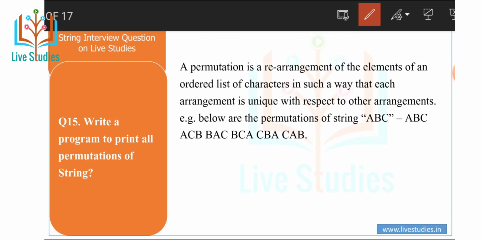Then for all permutations, Set<String> permutationSet is equal to new HashSet<String>. And if the string is equal to null or string.length is equal to 0, permutationSet.add, otherwise, the first character is char init is equal to string.charAt(0). The full string without the first character is string rem is equal to string.substring(1). Recursive call: Set<String> wordSet is equal to getPermutation(rem).